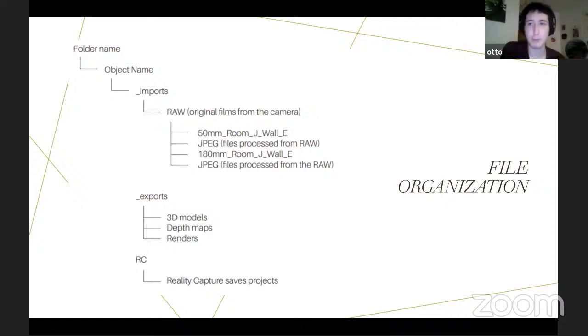So the way that we structure it, or the way that we found to be the easiest and most easily understandable, people may have their own, is basically to have the overall project name followed by the object or building in question. And then within that folder, you have an imports folder where you basically put your raw photographs listed as their focal lengths that they were recorded with and the specific section of that tomb, for example. And here where we've put, for example, room J, wall E,